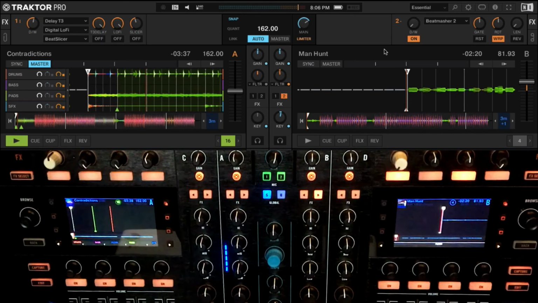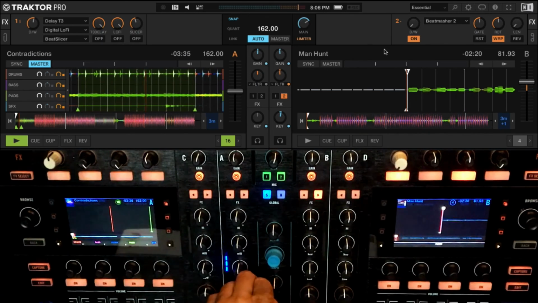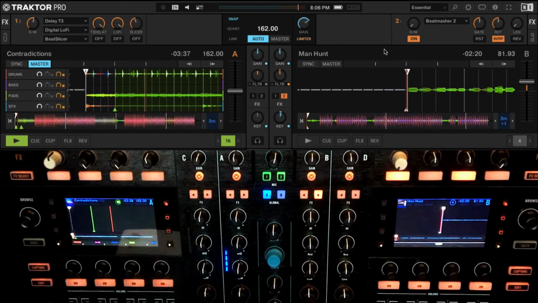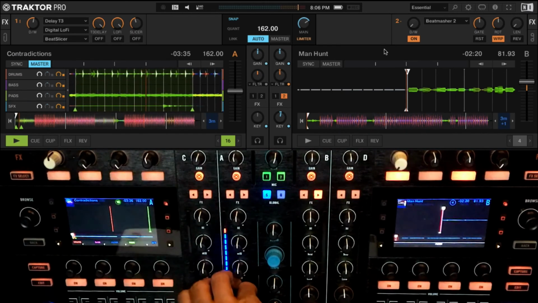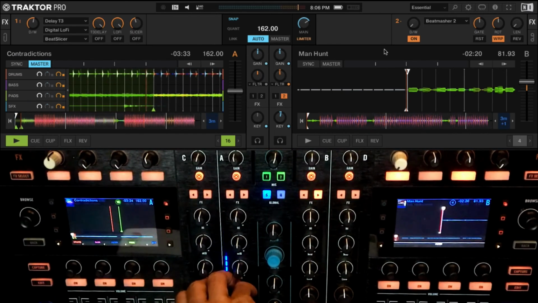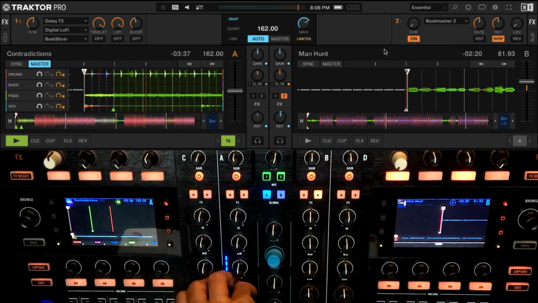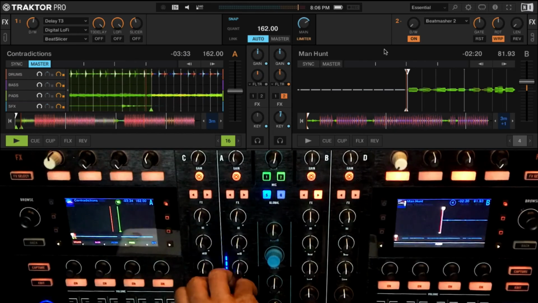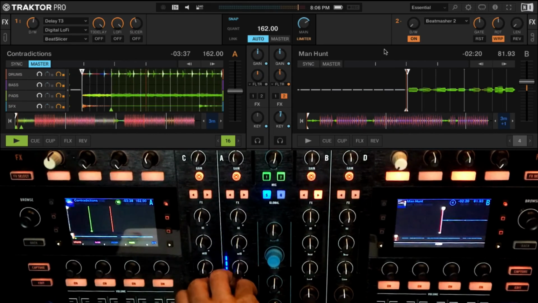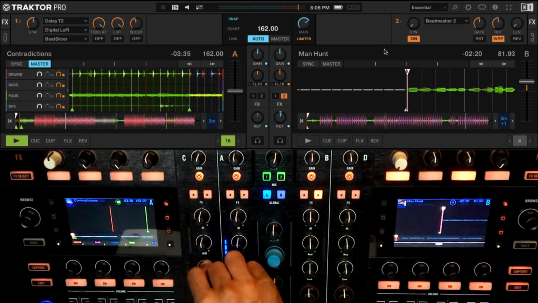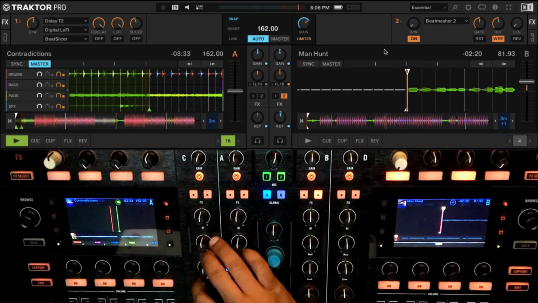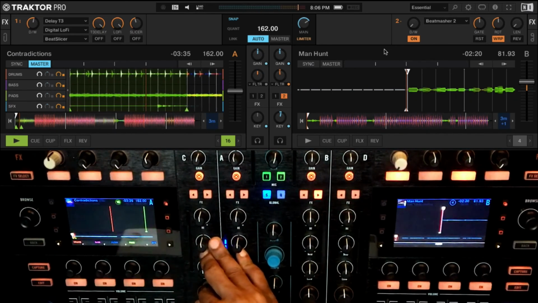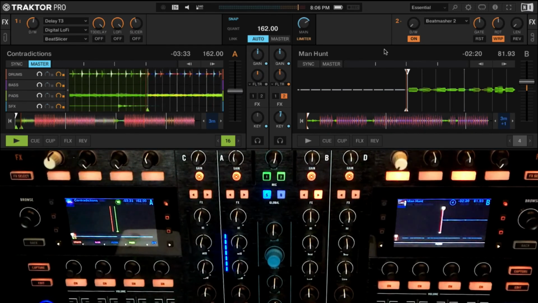Ideally, I always like to use a little bit of a filter when I'm using delays, especially if they're coming on the kicks, or use the filter within the delay itself. So it depends really on this thing. But if you are using it at the peak part of a track, obviously you don't want the kicks to rumble around. So I would definitely recommend using a little bit of filter or some kind of a low cut when you're using those kind of effects for sure. But it's not a compulsion.